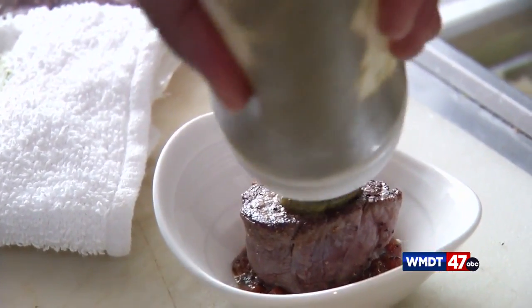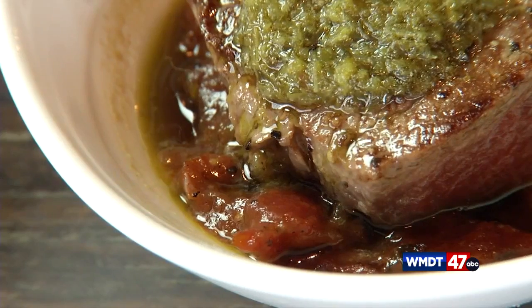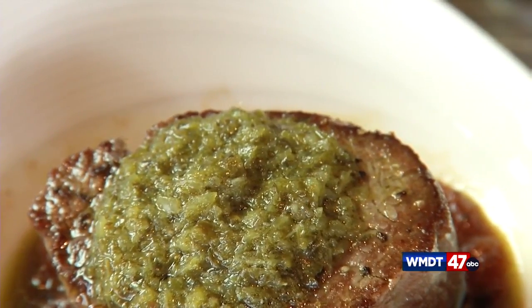We do a chimichurri sauce. The scallop was nice and silky on the inside, but at the same time it had that nice browning on the outside of it. I think tomato jam has just eclipsed ketchup in my life as the condiment of choice. There's just so much character to it. I am quickly becoming a fan of chimichurri with steak, like just the herbaceousness and the kind of like the cooling